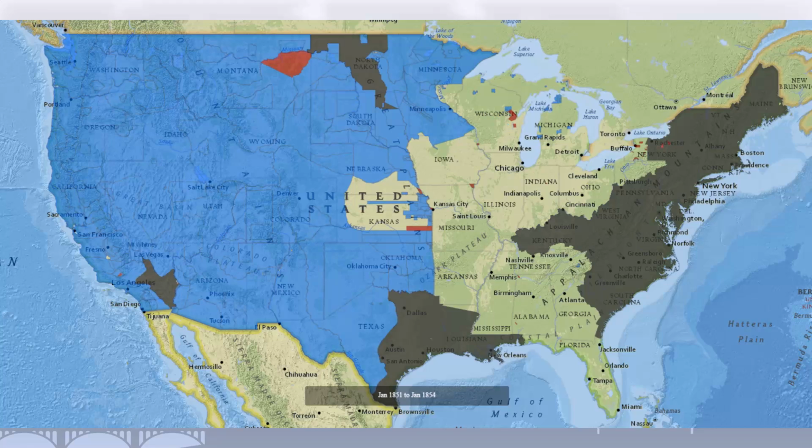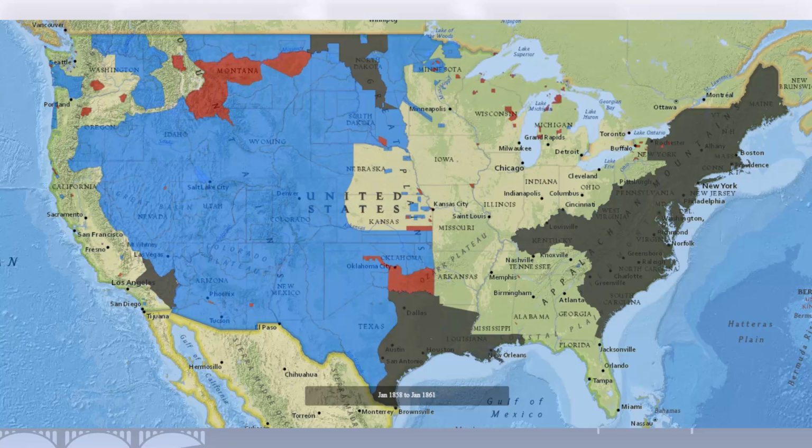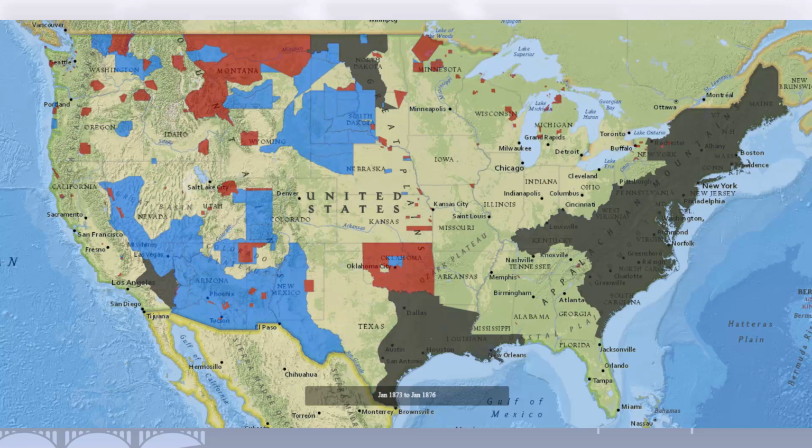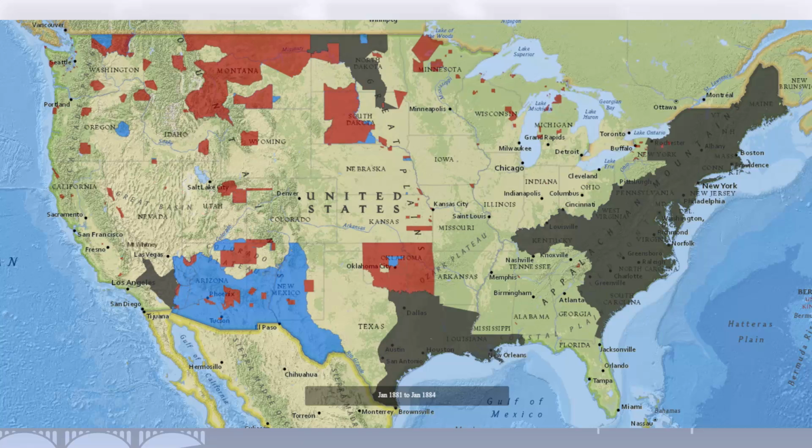If you visit the map's website, which I'll link to in the description below, you can see the details on which Native nation lived in a given area and the date of the treaty or executive order that was used by the federal government to establish control over that area.